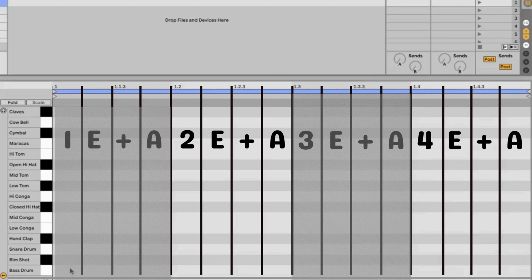So the 1 is just full on the 1, right? And the 3 is actually the first 16th note in the third quarter note. If we were to count it out, it would be 1 E and 2 E and 3 E and 4 E and, right? So to enter a note onto the 1, I'm just going to double click with my cursor